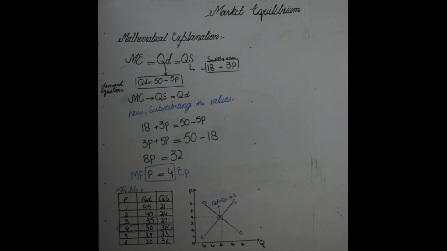I have written P is equal to, on the right side EP and on the left side MP. MP denotes the market price and EP denotes the equilibrium price. So this is our equilibrium price. We are not finished here, and we have not understood the total story yet. At the start of the lecture, I mentioned that we will make a table and a graph from the equation. We have now found the value of P.